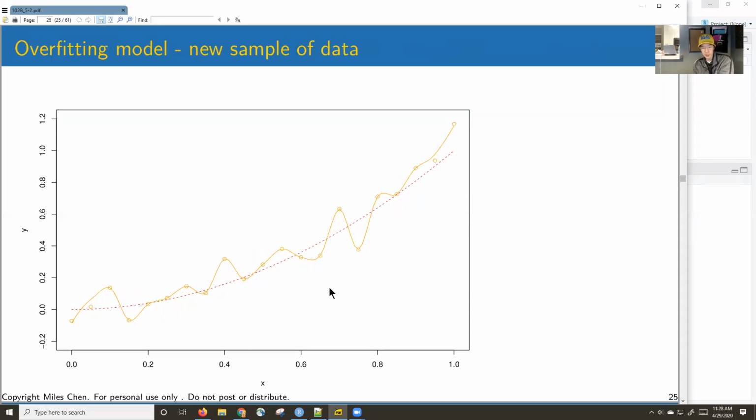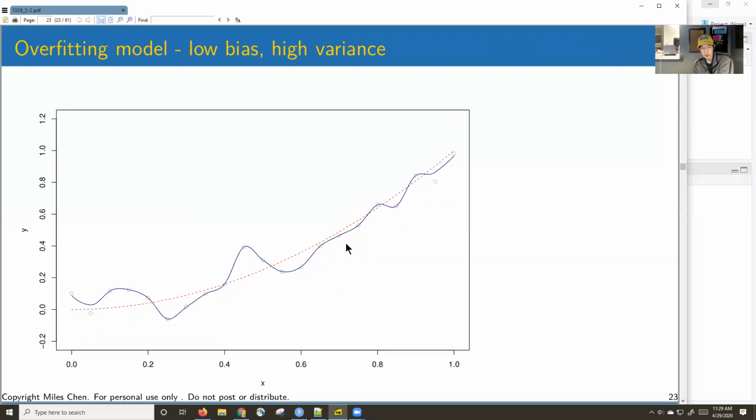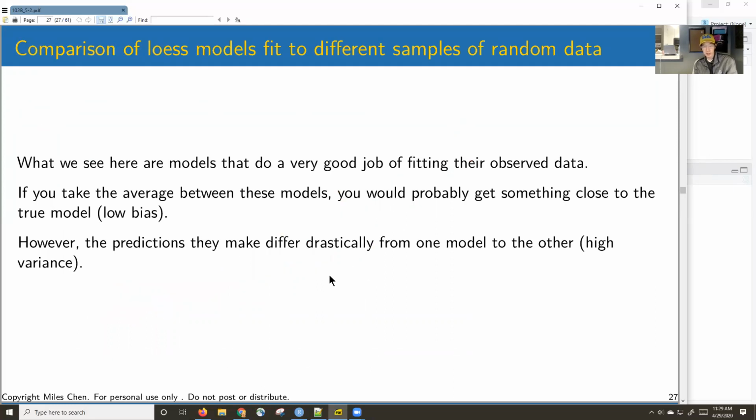You compare that to this. Right here, orange, blue, and purple are all over the true values. Over here, there's variation between them, but they're all underneath the true value. So there's not a ton of variation between orange, blue, and purple here, whereas over here, there's a lot of variation between orange, blue, and purple. So when we compare these,